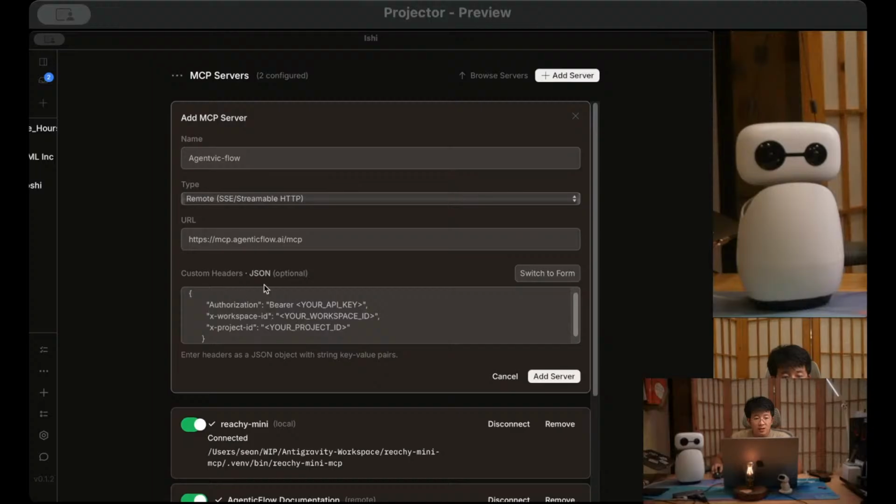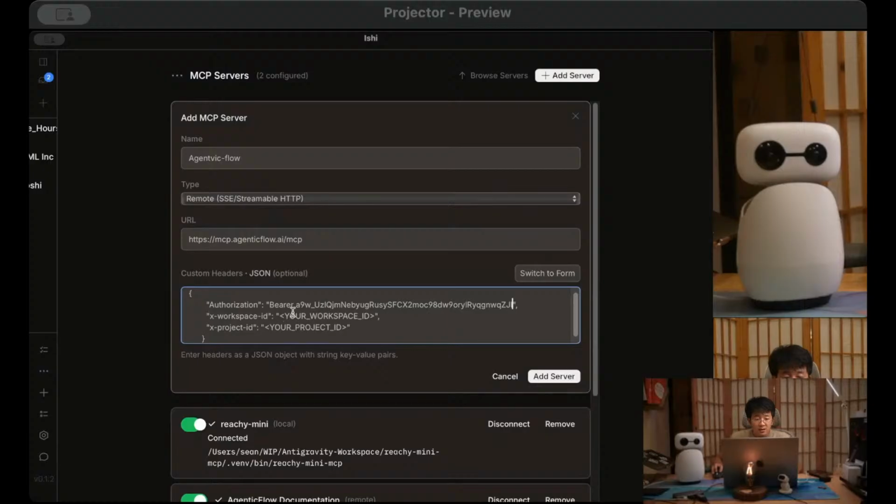Copy this key, create a new key, create, copy this key, replacing this one, and then workspace ID, come here, replace,